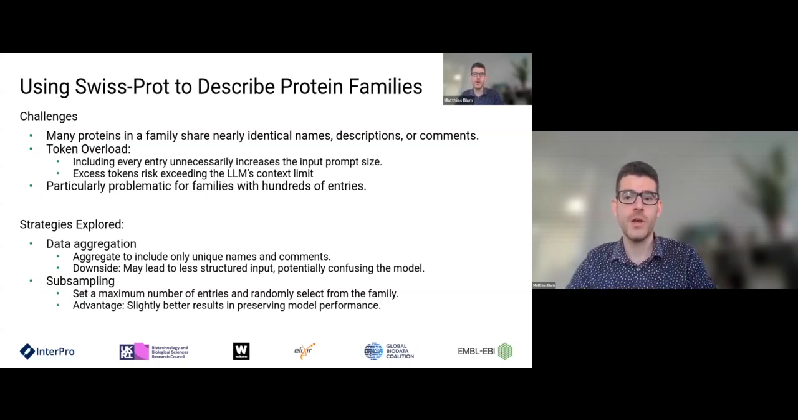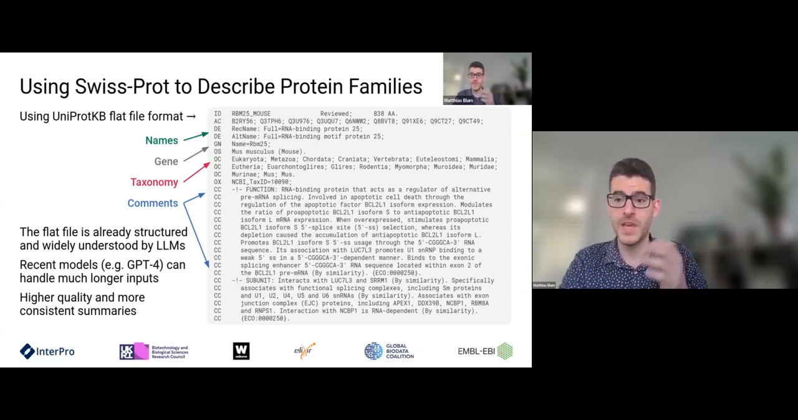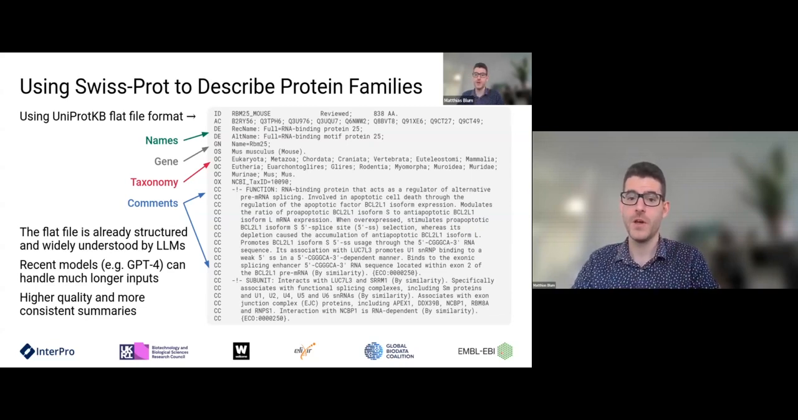That, however, was more of an issue at the beginning of the project, and later on it got better, because with the evolution of large language models, the context windows became much bigger. For instance, GPT-4 has an input context window 8 times bigger than GPT-3.5, which was the first model we used to describe protein families. So this improvement means that we can now include a lot more data in a prompt without really worrying about